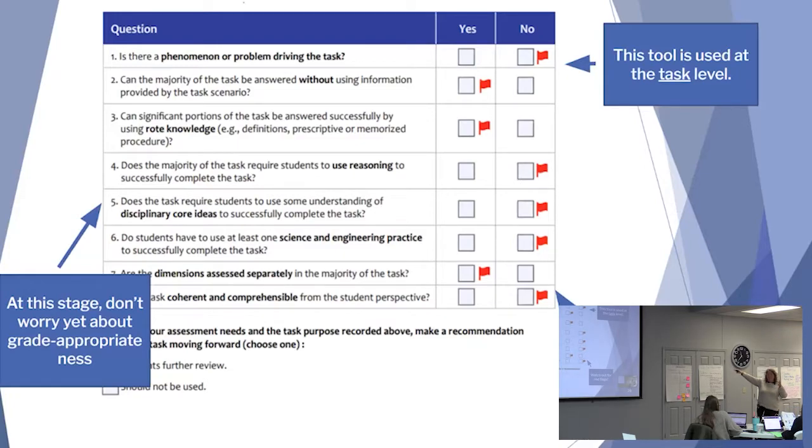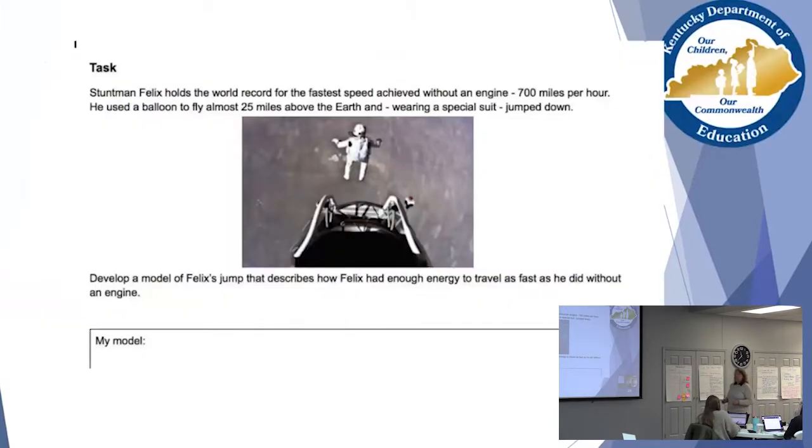Rabbits is, I think, middle school. I may be wrong. I'm probably wrong on that. But if I was looking at that, I'm not looking at the grade level. I'm just looking at what it looks like. That's what that means. So I'm going to give you an opportunity, and this will take us through lunchtime. And I think this is what we're going to do. We're going to do this pre-screen, and then we'll break for lunch, and then we'll come back and talk about it, all right? So I'm going to give you a task, and this is the task we're going to use.